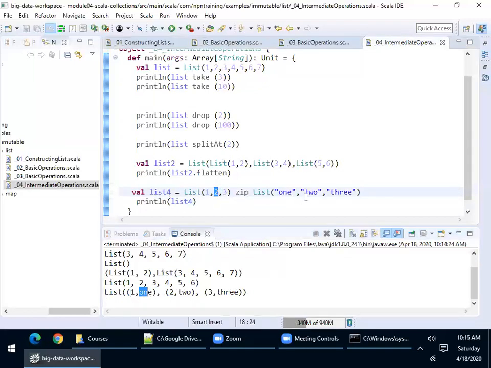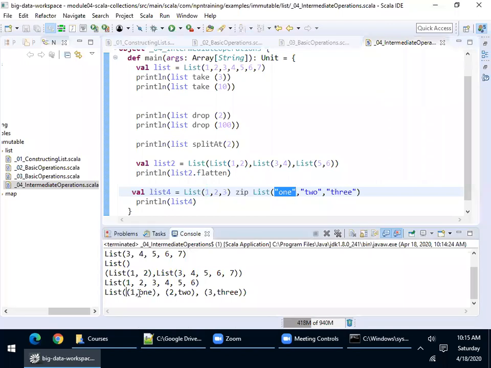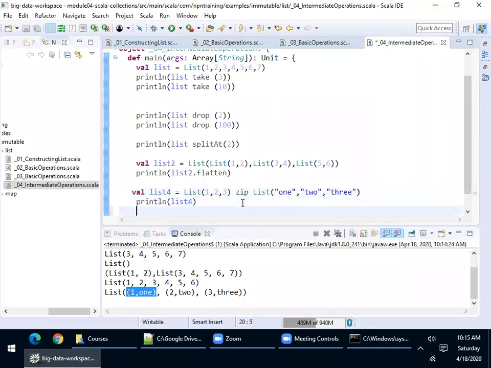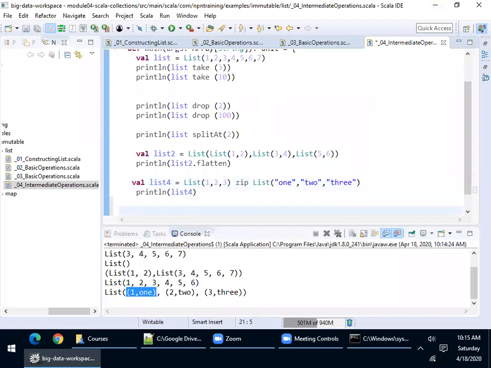Similarly for the others. So the zip method combines two lists: it takes the first element from the first list as a key and the first element from the second list as a value, and creates a tuple for you. So zip will create a list of tuples.